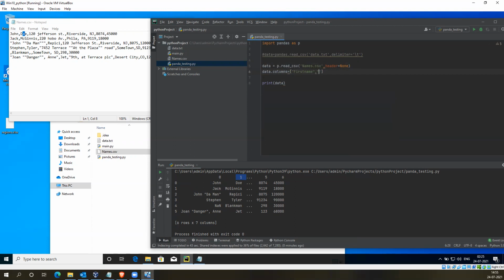Second will be surname. It should be straight. Okay.